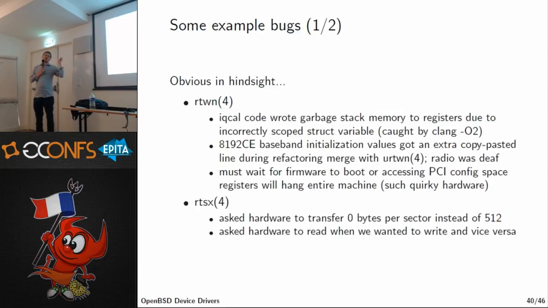And in this case, you also have to save some registers from the device context before you start calibration and restore those afterwards for some reason. And so what the code did was, before the first pass, it saved the registers on the stack of this function, ran the calibration, and returned. The second pass, this function was called again, and it didn't do anything with the register state. It just ran the calibration pass. And then the third time it was called, it would do the calibration and then restore registers from its stack. And if you know how this works, you will realize that we were writing garbage bits from the stack of the third function call into the hardware.